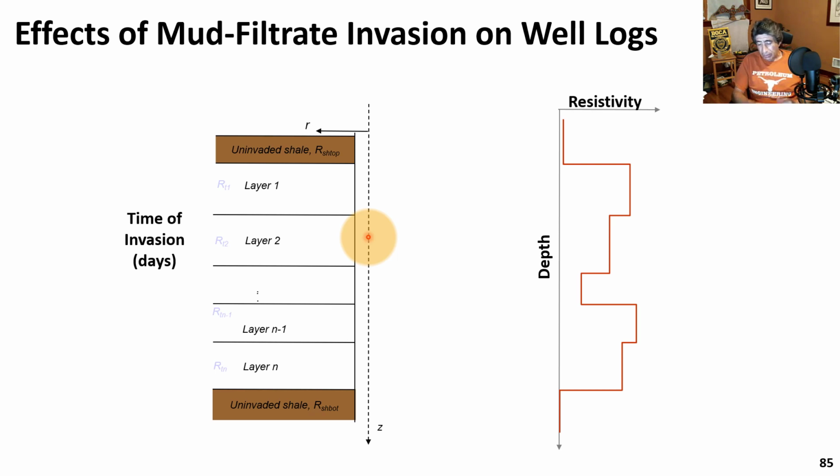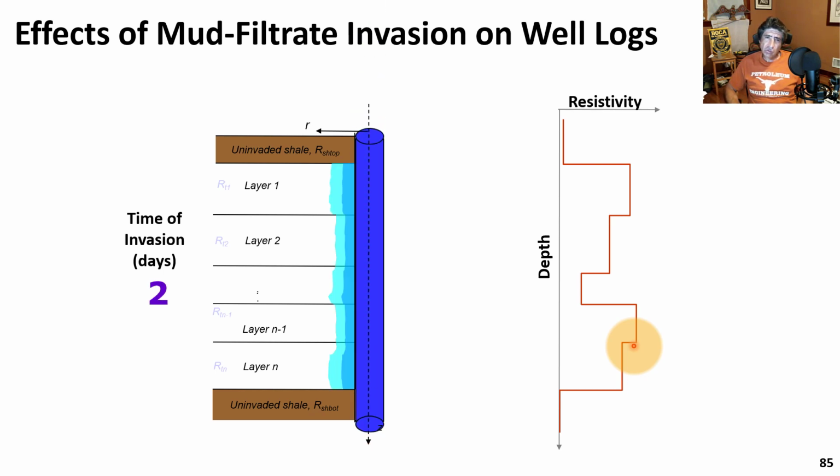And we do that why? Well, because when we have the process of invasion, let's say that you have a sequence of layers as shown here, and the electrical resistivity of those layers is like the blocky log that you have here. When we drill the well, fluids are going to enter the formations because we have overbalanced pressure. In other words, the pressure of the fluid in the borehole is larger than the pressure of the fluid in the formation. So because of the differences in pressure, fluids will begin to move into the permeable formations,